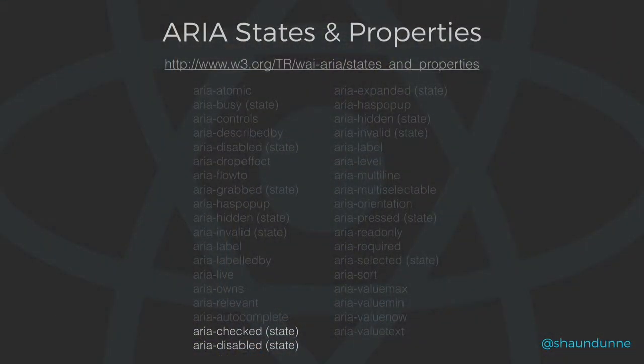But you get states that definitely do change. So you've got things here like ARIA checked and disabled. You know that when you check a checkbox, there's an HTML property called checked that you can use. You should also use the ARIA checked and unchecked ones. Unlike the native HTML ones, these don't get changed when you check a checkbox. You have to programmatically change them.